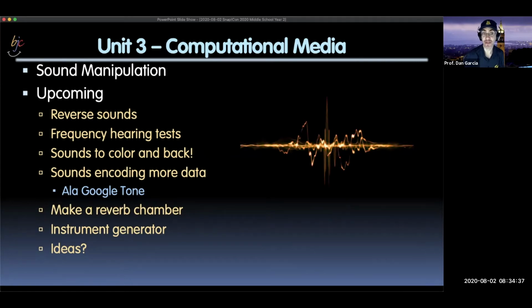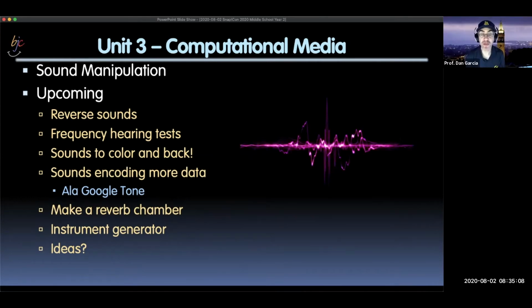How about if you use sound to encode more data? Google Tone is this delightful Chrome application where you can share a URL with someone by just making a sound. So your computer goes almost like a modem, and anybody within earshot, if you're also running Google Tone, will say, you were just shared a URL. Do you want to open it? And you're like, wait, I just heard a random noise, but somehow you were sharing the URL. Yes, I was. So could you actually do this where it's both listening and sending messages through this? That would be really fun.